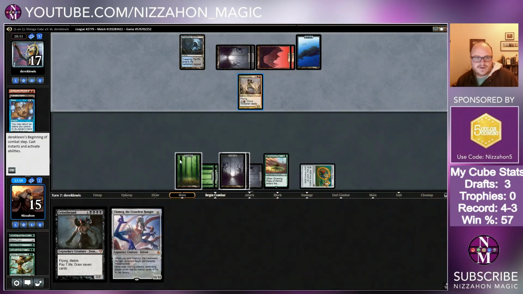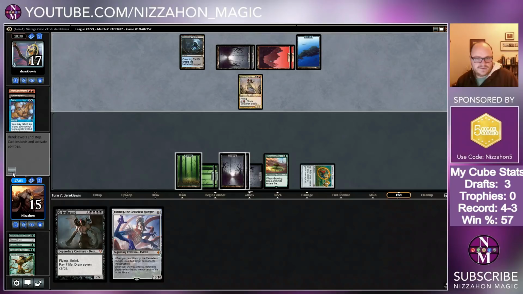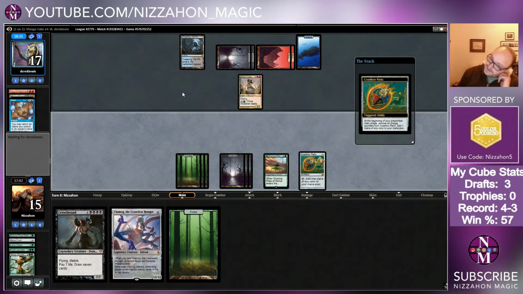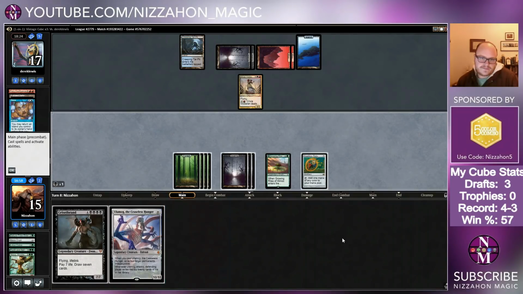How easy is it for them to steal my Gristlebrand? 1, 2, 3, 4, 5, 6. They only need... ugh. They'll be able to steal Gristlebrand if they have another land. So now I'm kind of screwed. That's fun. I'm having fun here. I'm having a lot of fun. We'll add black. It's so likely that they have another land. Oh, Olivia, I hate you. If they don't have another mana, we're in pretty great shape after Gristlebrand, but...